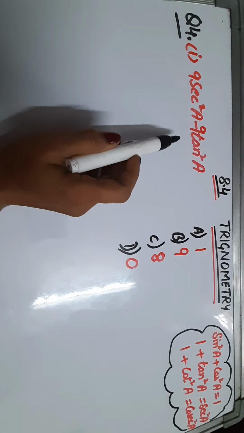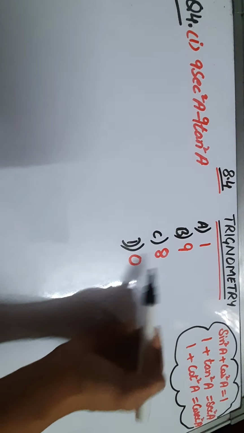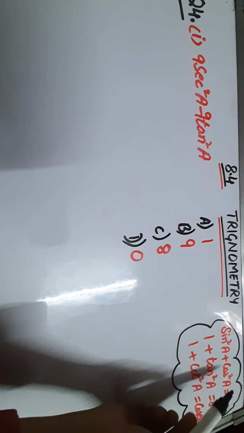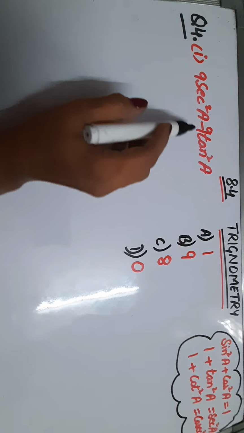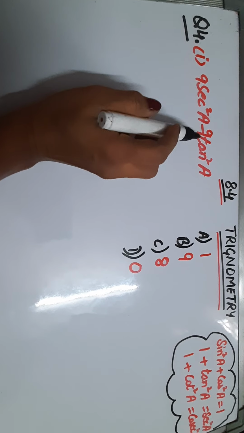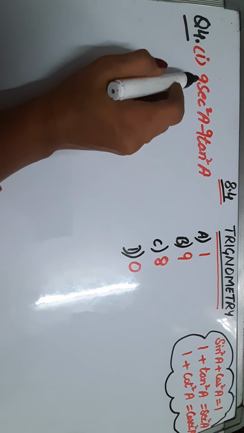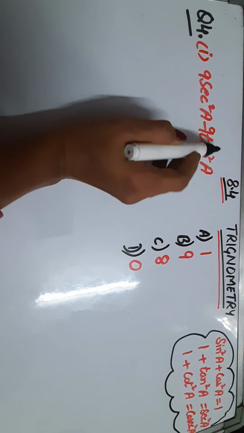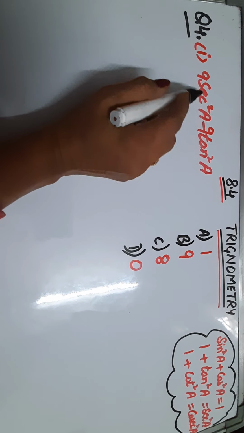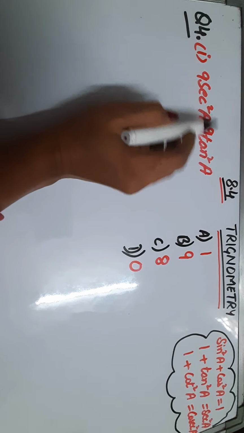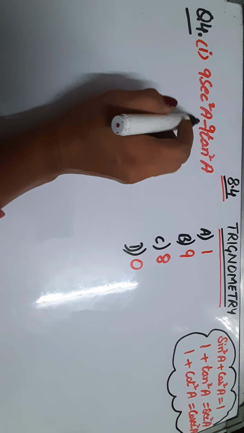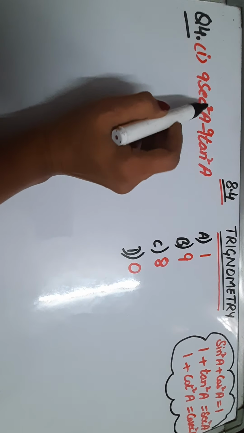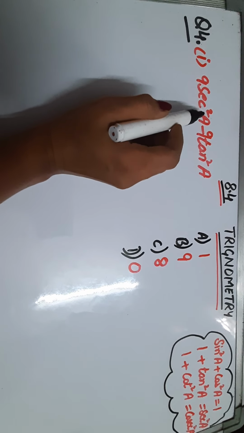So this is our question, first part, question number 4, and 4 options are given to us and we have the 3 main trigonometric identities. Now dear students, without solving we can't answer the question. So first of all we will solve. We can see that square is present on the top of the trigonometric ratios. Whenever the square is there, always check whether any trigonometric identity can be implemented or not. So because square is there, we will see yes.